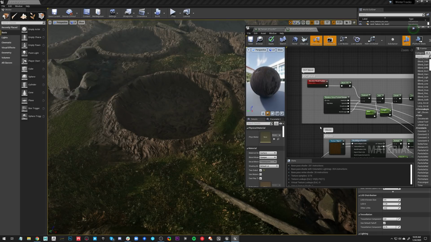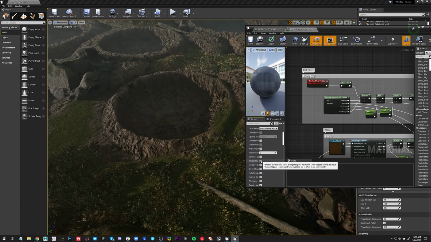Definitely. Gentlemen, I have a question for you from chat. Yes. Exile Mod would like to know if there's a reason why we're not blending with world space normals. We actually, I don't know if you mentioned that you need to disable tangent space normals in our material. Yeah, I actually did not mention that. Thank you for bringing that up. But in the crater material here, I actually had to disable tangent space normals. So if I enable that and just apply that again, you'll notice it doesn't look correct.